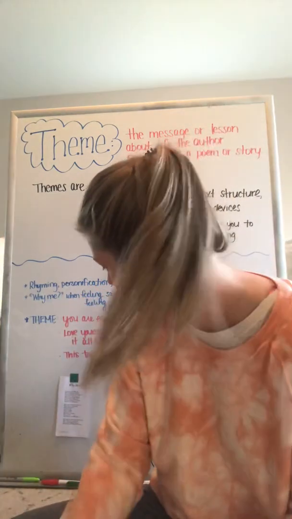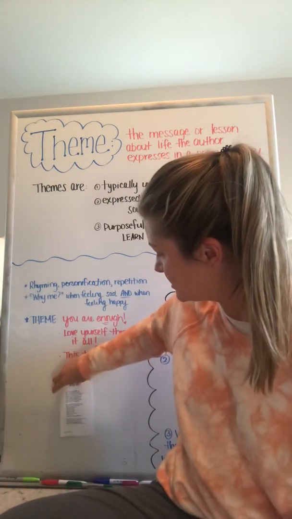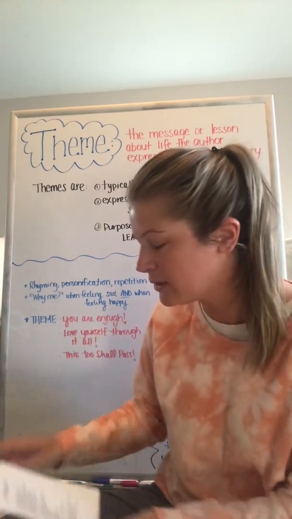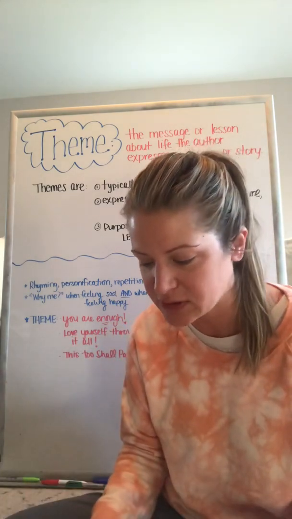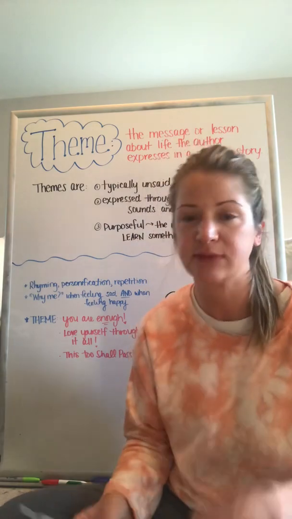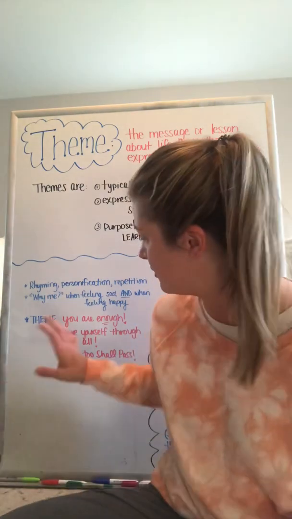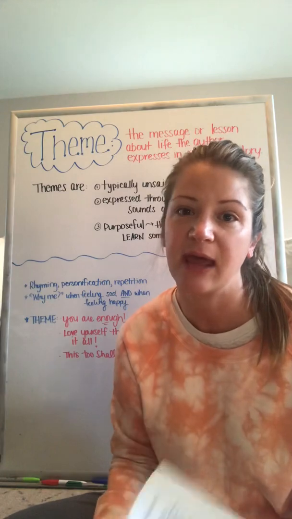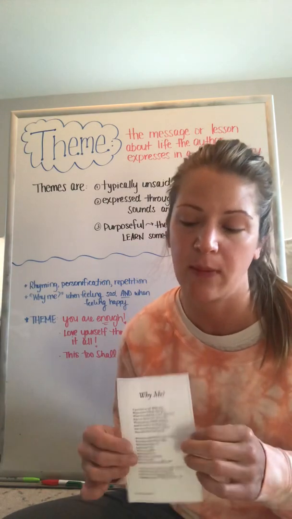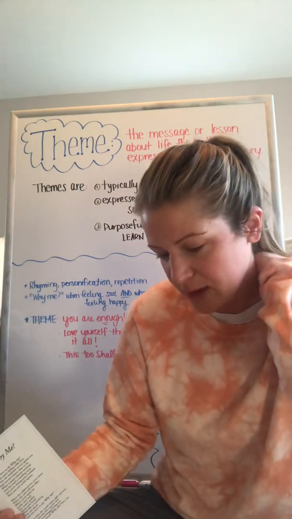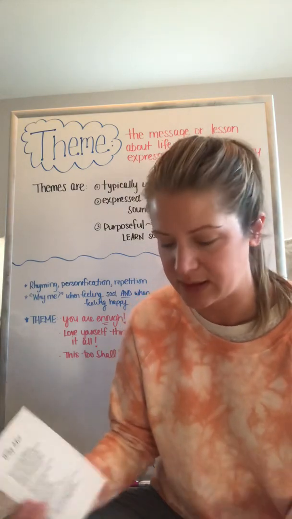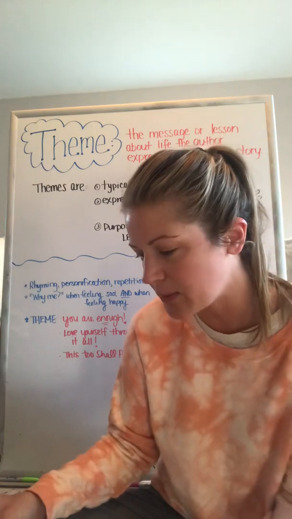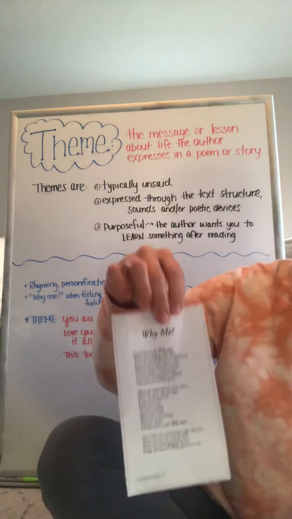So I found a poem that I wanted to read with you. I'm going to read it, discuss the poetic devices and different text features that stick out to me, and then share a couple of the themes that I found that go along perfectly with this poem. I just wanted to do this so that you knew exactly what you were doing when it's time to complete the activity. So the poem is called Why Me? I'm going to move it a little closer so you can see as I'm reading.